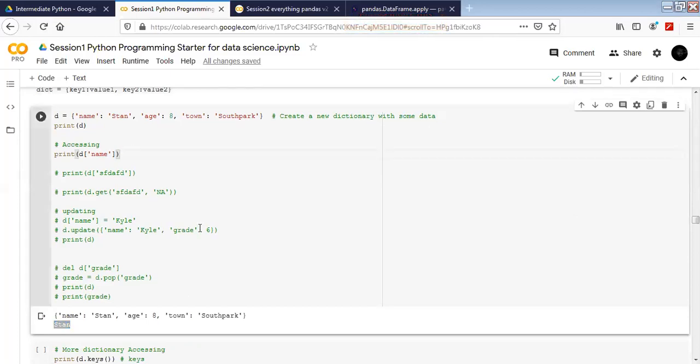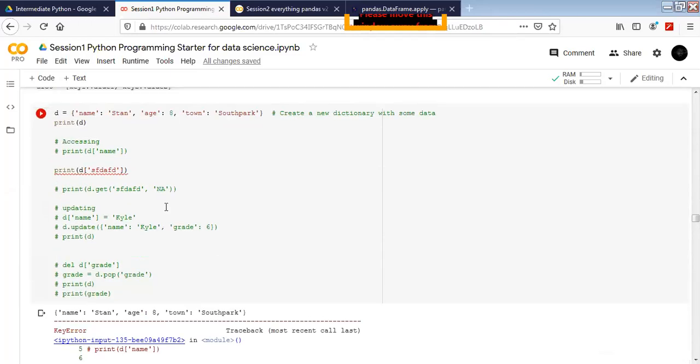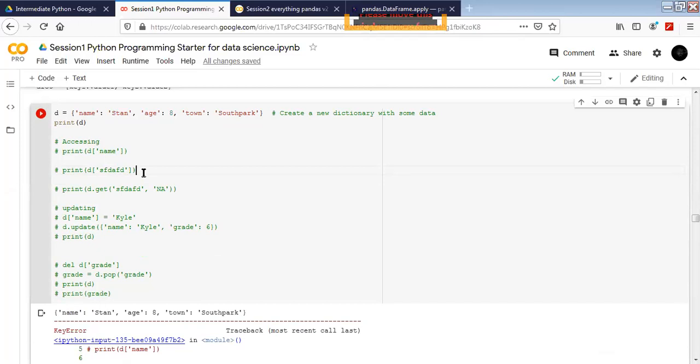Okay. What if I access a value which is not available? I pass a key which is not available there. It will throw an error. Yes, exactly. So we get an error here. But if you have written a long loop and you are trying to access those things and you get an error, your loop is going to break. Or if you are running a 1-hour program and somewhere you did not take care of it.